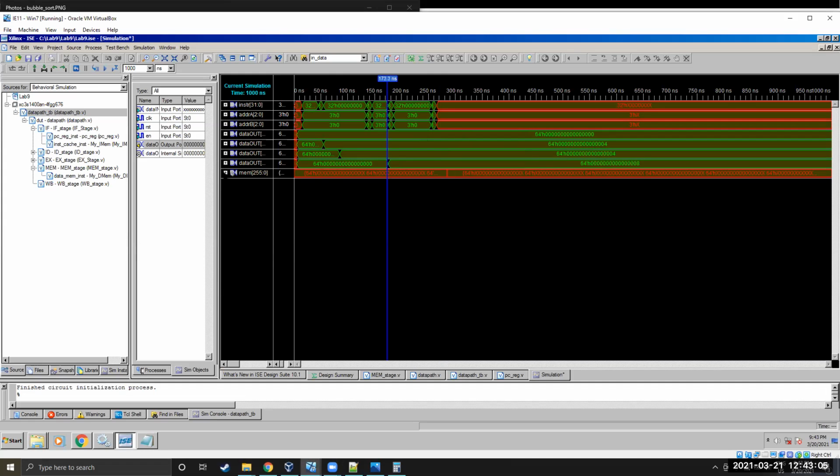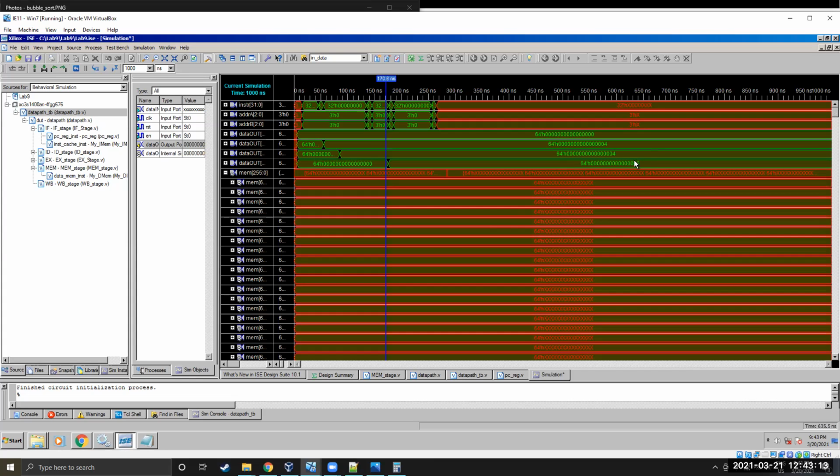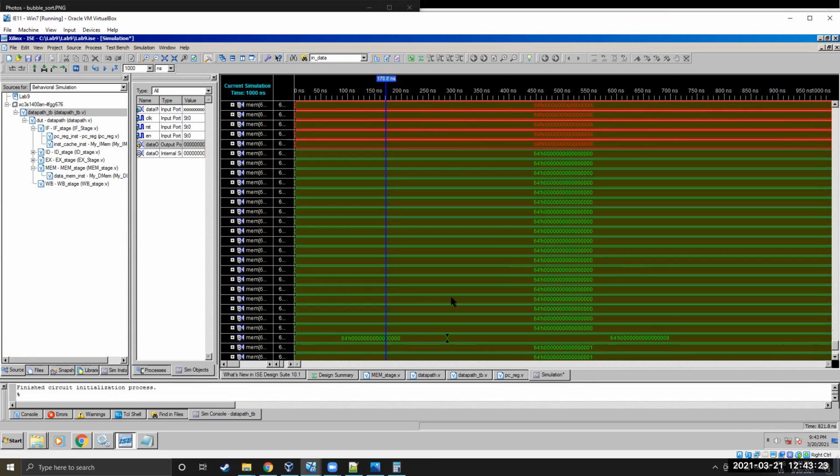And then we skip storing 4 using the branch instruction and jump straight to storing the value 8 to the memory. If we look at the memory file, this is the point where we are storing 8 to the data memory.